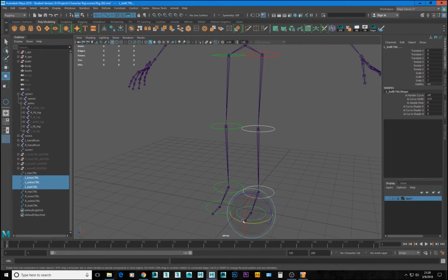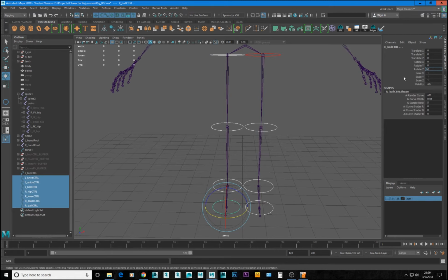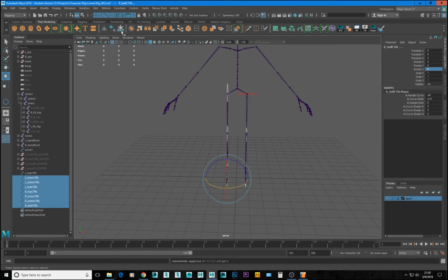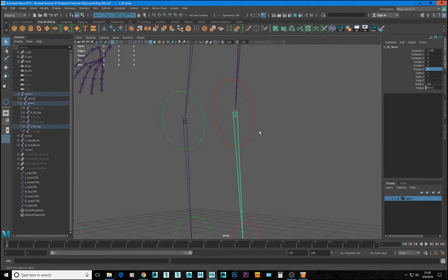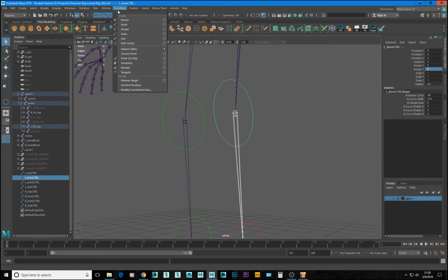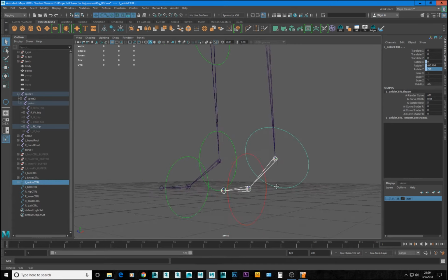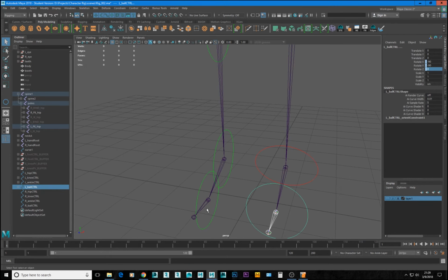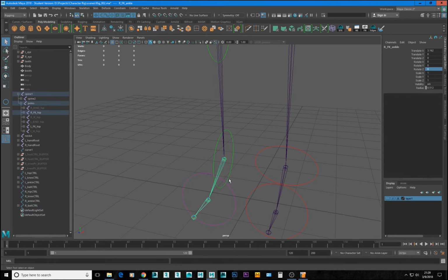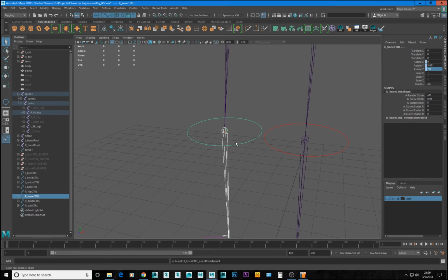So I'm just going to take all of these controls here, just select them over here. I'm going to rotate them 90 degrees in Z, like we did. I'm going to freeze transformations. Okay, and then I'm going to go one by one. So I'm going to select my knee joint, knee control, constraint orient. I'm just going to go ankle control, hit G because it's just going to repeat the last command. The ball joint and the ball control, hit G again here, G, G. Make sure you select the joint first and the control second, G,